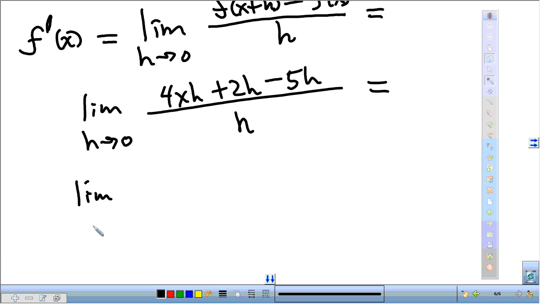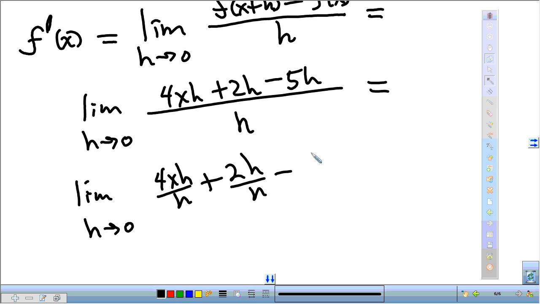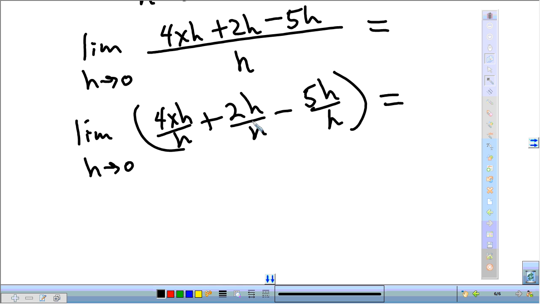And so I'll take this step of dividing each term by h. So I have to divide each term, not just one. And end up with 4x plus 2